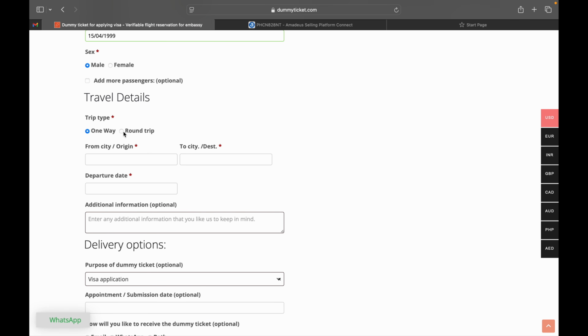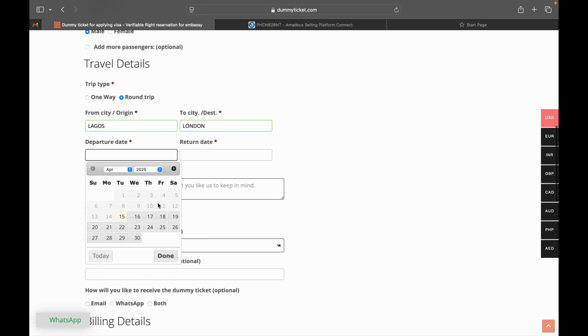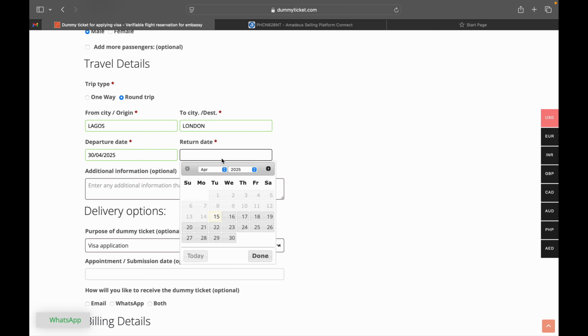It's definitely going to be a round trip because you're applying for a visa, except you're going for a study visa, then you probably don't need to click on round trip. But if you're going for a visit, you're definitely going to have to show the entire itinerary of your travel. So round trip. City of origin, let's presume that you're traveling from Lagos, you're going to London. So departure date here, let's presume that you're traveling on the 30th of April